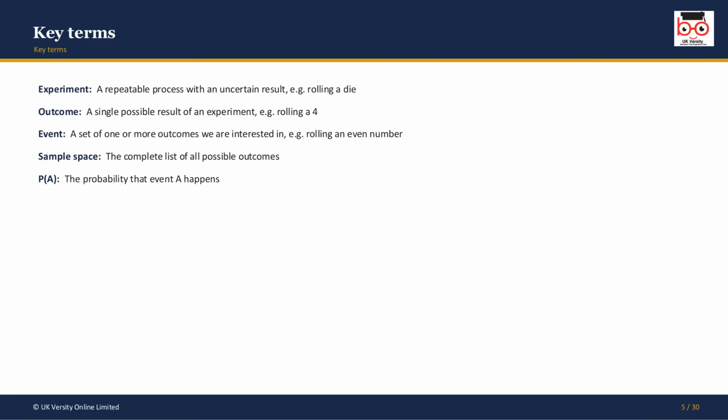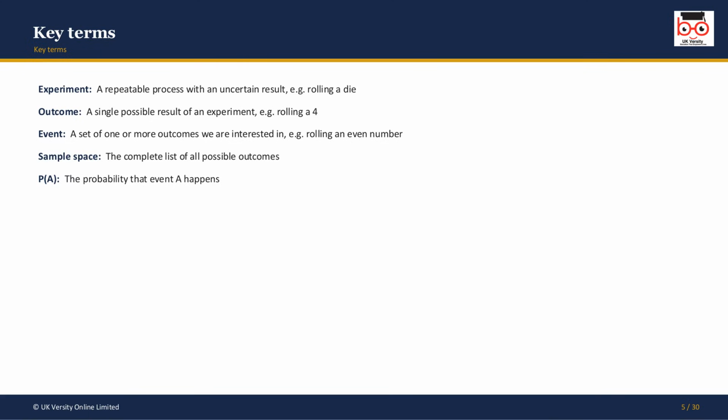A little vocabulary first. An experiment is any repeatable process with an uncertain result, like rolling a die. An outcome is a single possible result, such as rolling a 4. An event is a set of one or more outcomes we're interested in, say, rolling an even number. The sample space is the complete list of all possible outcomes, and the probability of A is just the chance